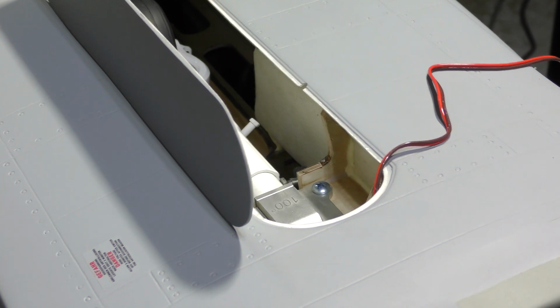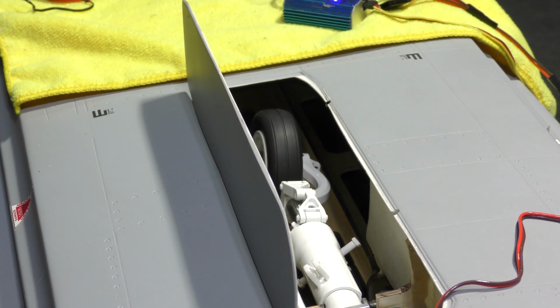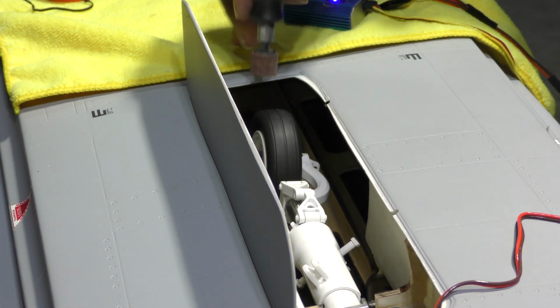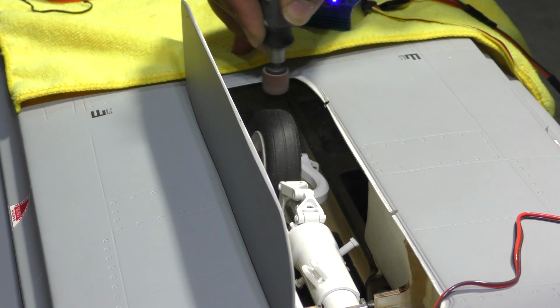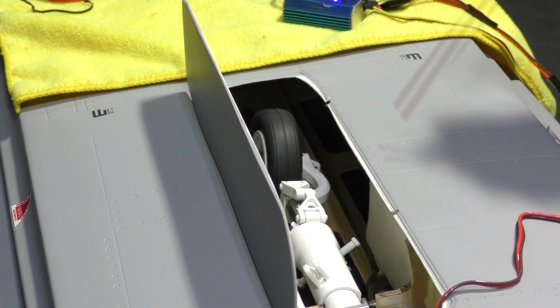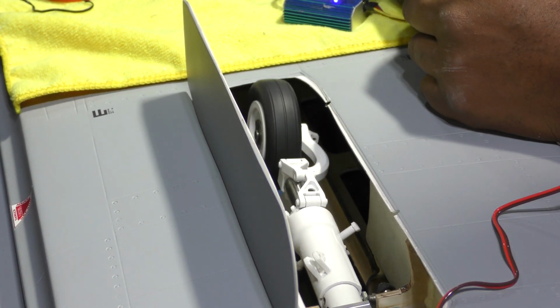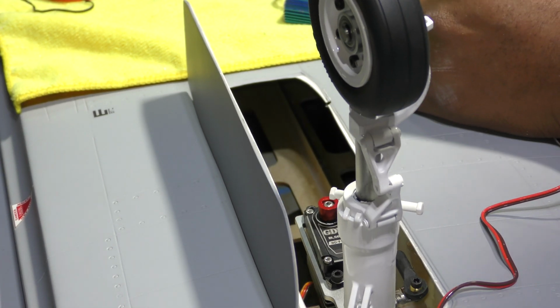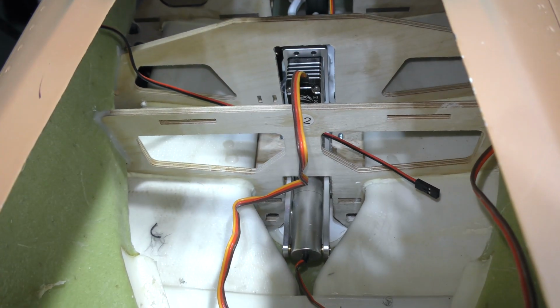Okay, the only thing that I may want to do next, or rather will do next, is just grind down the door right here just a little bit, since my gear is binding just a tad, so not too much. Perfect. And now I think everything is as I expect it to be. Clears, no interference with the gear. Perfect. Back down. There we go. This is what the gear looks like from the top side of the jet. You can see that everything fits the cutout right there, and that's good. So now